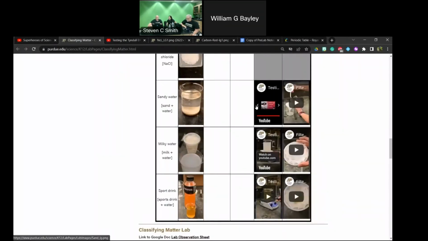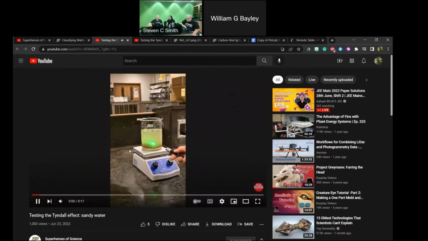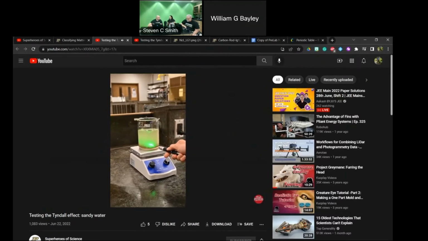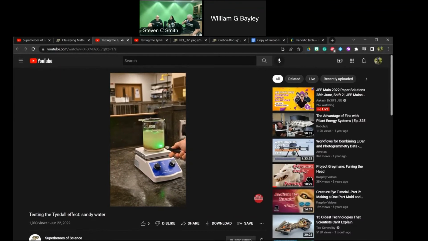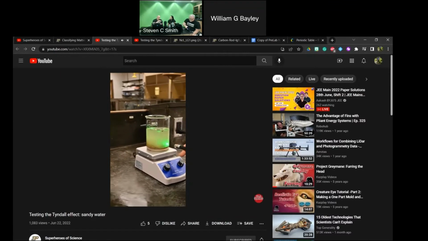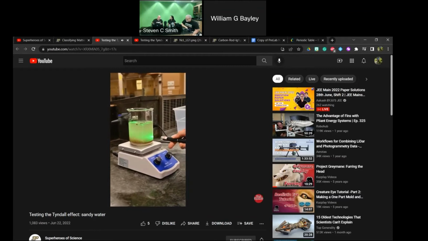If we go here, this is our sand and water. This one got a little tricky. Those particles are really big, and you called this a very coarse sand. It is a coarse sand, and so it settles towards the bottom. So what they did when we recorded this is not shoot it towards the top, because you want to shoot through the particles.